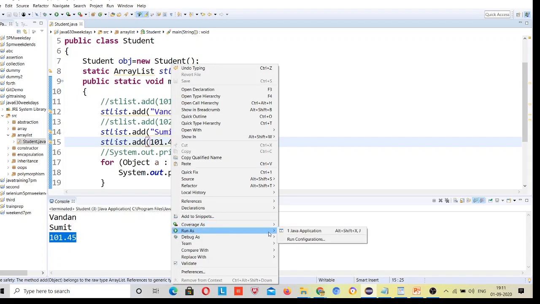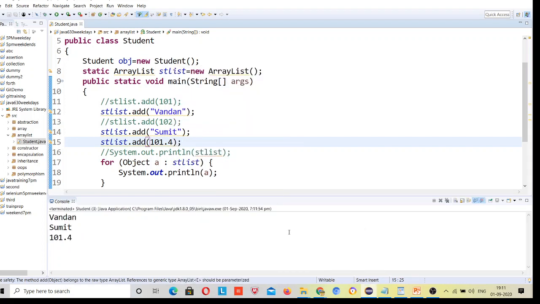Same data, just because it is an array list, it's considering it, but the same thing will not happen otherwise. If you want to force it as a floating point, just write it as these are the standards, and this f means floating point, right? Otherwise, what is the double value? Double value is 101.25.